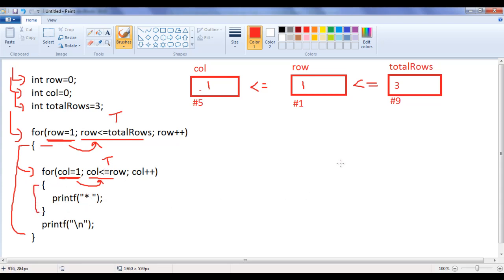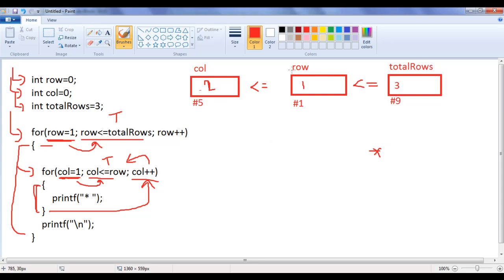Printf star. Star is displayed once. After executing all the statements in the inner for loop body, control goes to the increment part of the inner for loop, col plus plus. Col is 1, it is incremented by 1, it becomes 2, guys. Then it goes to the condition part of the inner for loop, checks whether col is less than or equal to row.